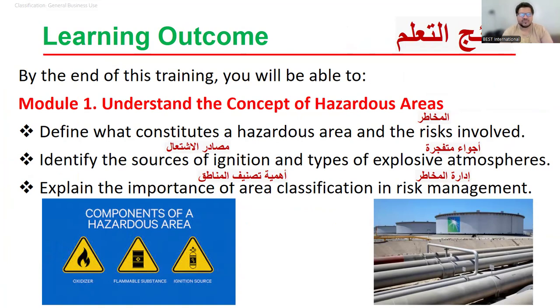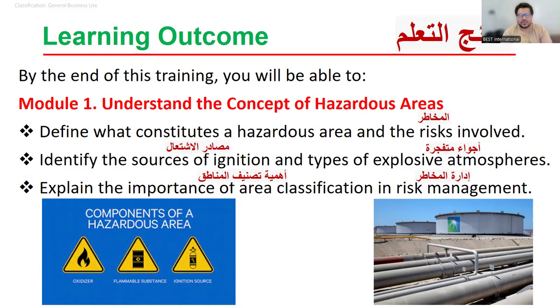If you believe our existing controls are not good enough, still the biggest room in the world is the room for further improvement. So we make sure we incorporate some additional controls, implement them properly, and bring that risk to an acceptable or negligible level, to keep our employees, the environment, the business, and the assets of the company safe. Also, identify the sources of ignition, what factors can create ignition, and that's why we have to understand flash points and fire points, LEL, lower explosive limit, or UEL, upper explosive limit, of different gases, or even any hazardous material